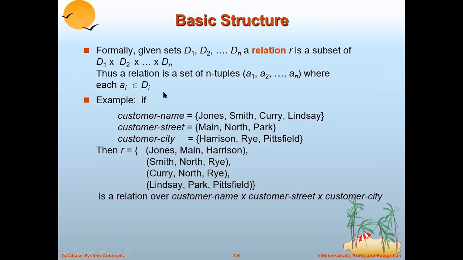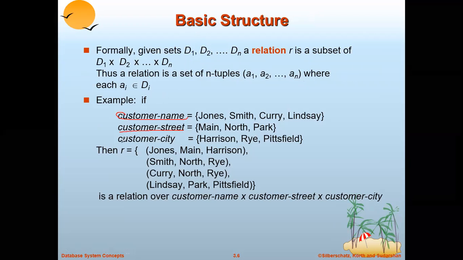Example we'll see: relation R having three attributes: customer name, customer street, and customer city. Customer name has values, that is data sets, Jones, Smith, Curry, and Lindsay.